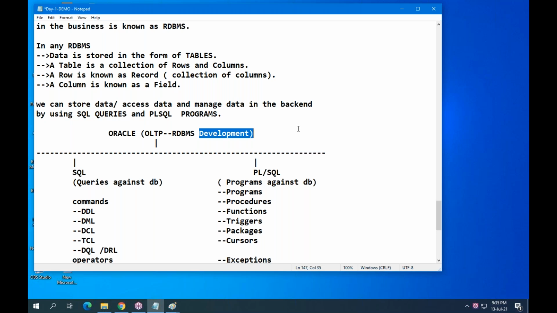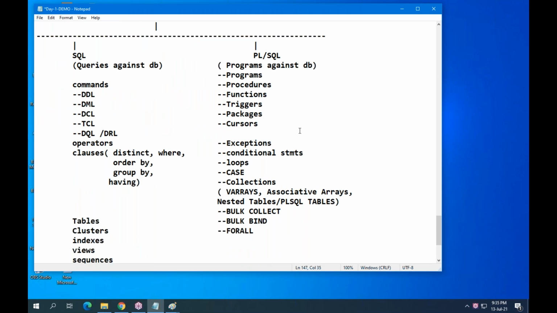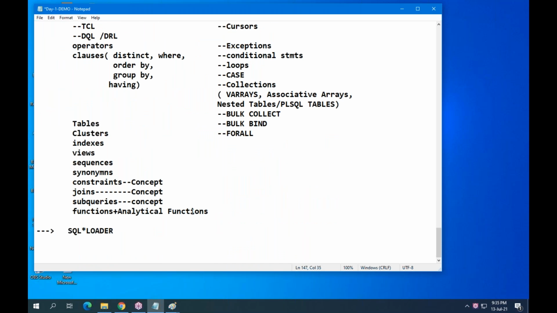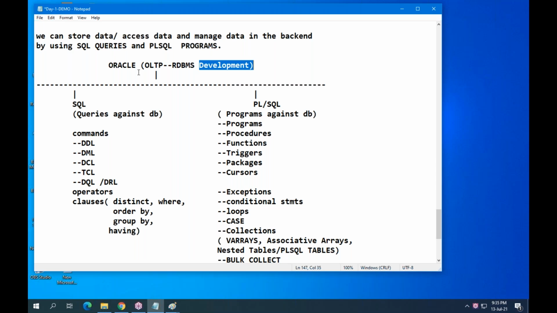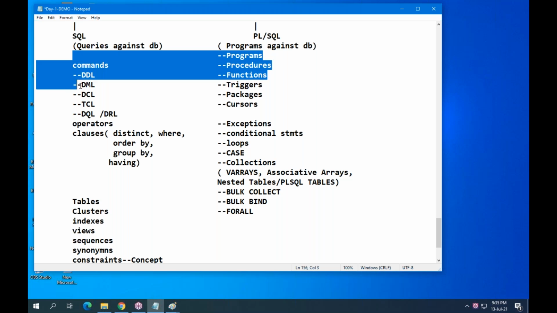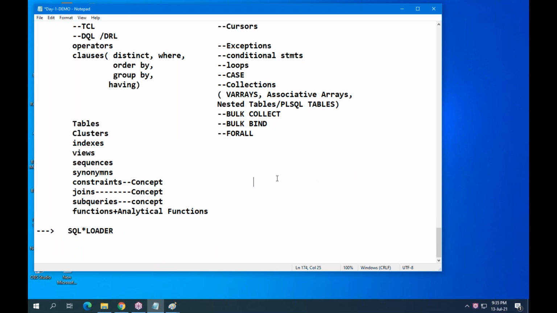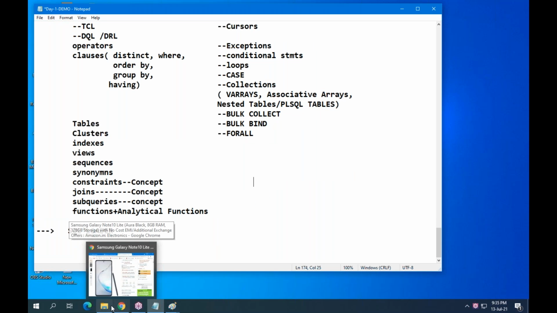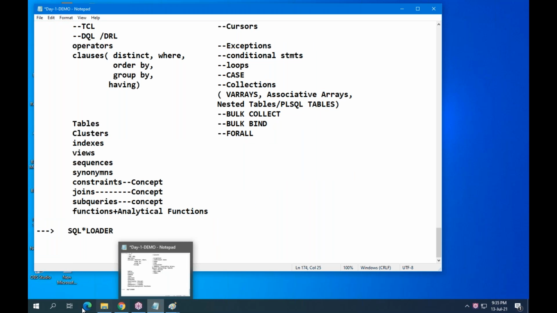Sir, what is OLTP? And what is OLAP? Immediately, maybe you have a doubt. Let me explain that point. Before that, let me conclude. All of you, you are learning SQL and PL/SQL. These are the outline concepts. But I have a detailed notepad file.